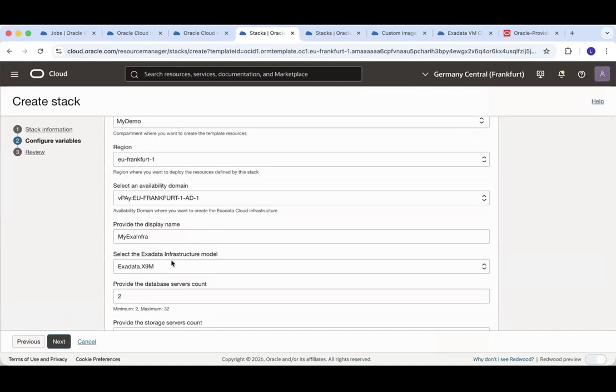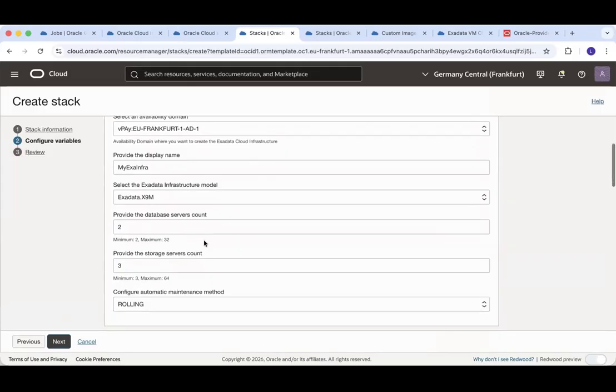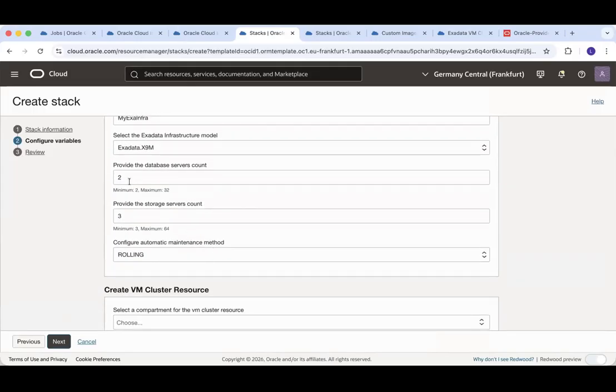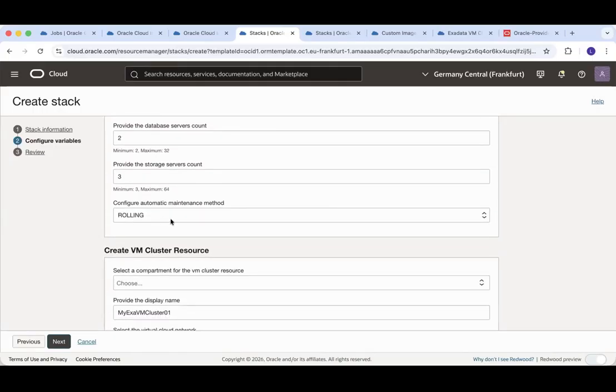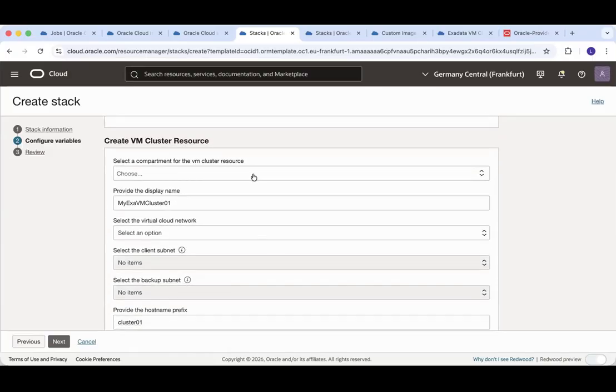So you can just specify the infrastructure model. You can specify the name of your infrastructure, the database servers, and storage servers count. So we're just going with a minimum of 2 by 3. And then you can specify a variable for your automatic maintenance method, whether you want a rolling or non-rolling apply. And then you just need to specify